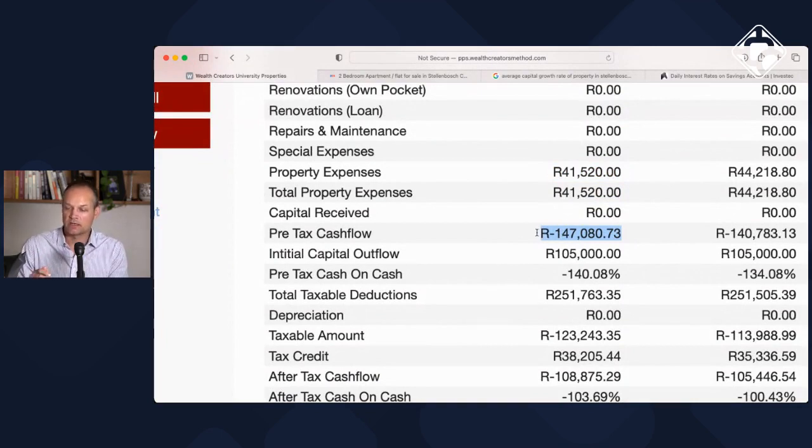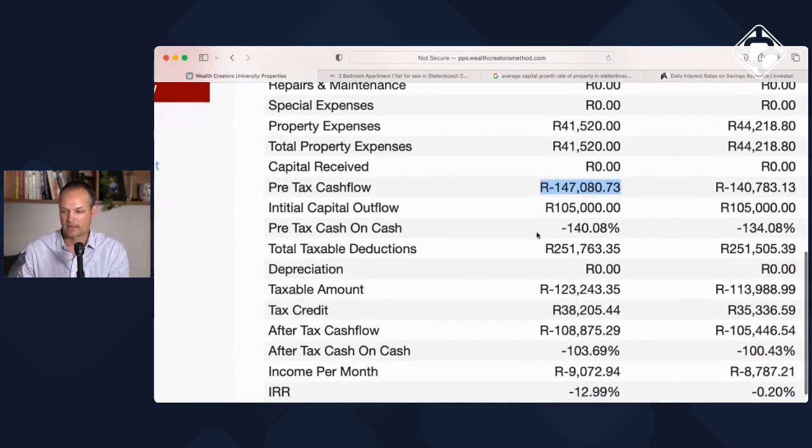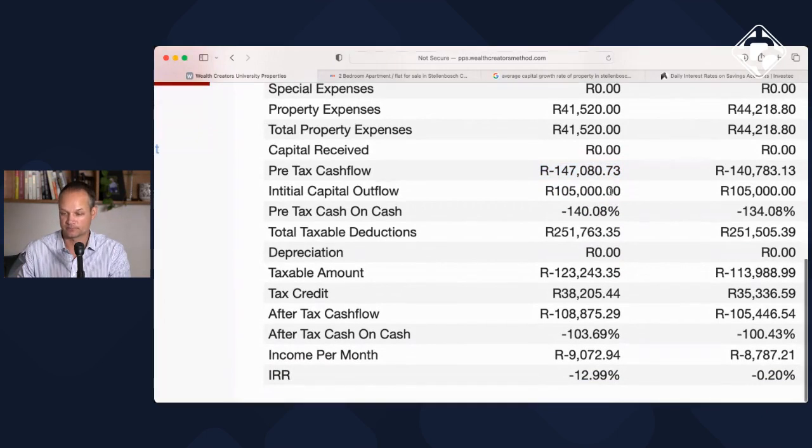It means, although on the bond calculation we need to budget for 20,000 rand per month, based on the rental income that we're going to get, minus the amount that still needs to go to the body corporate and the city, we need to budget for that 150-odd thousand. So you can see that's substantially less than the 20,000 that we initially budgeted purely for the bond, because this is investment property. When you look at your actual cash flow, that should be the bare minimum that you need to be able to afford.